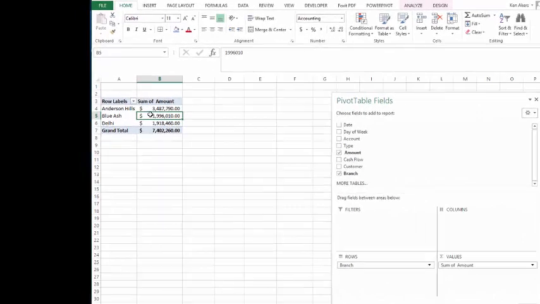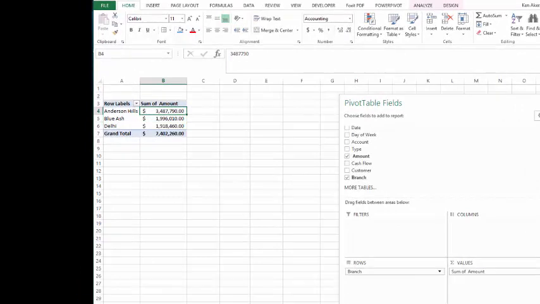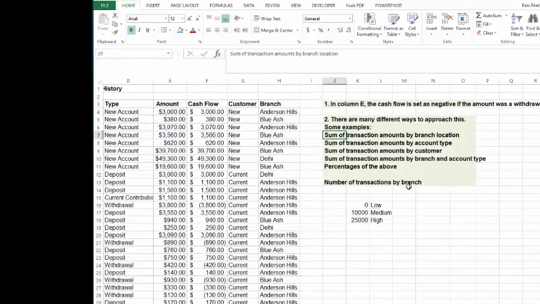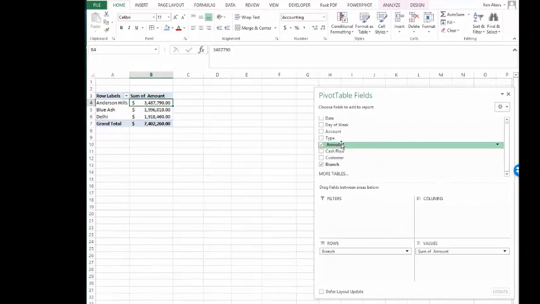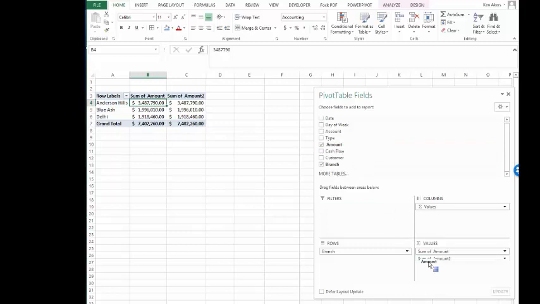very closely. Another thing we may be interested in is, what is the percentage of each of those branch locations? So here's something really interesting. You can actually use two instances of value, really in any of these quadrants. I'm going to pull amount in and put it right below sum of amount and watch what happens here. We get a second sum of amount